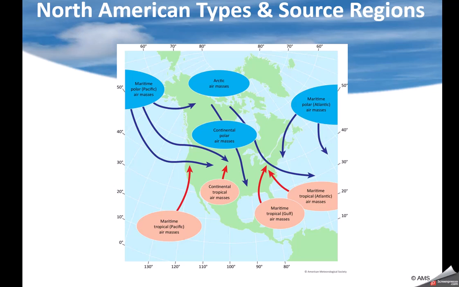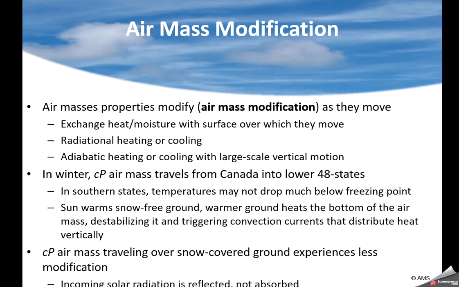They'll bring in a deck of fog with them, low clouds, temperatures maybe well below normal, but it just feels miserable. We talked a little bit about Arctic air masses that form up over the Arctic region, over Siberia. When they come in, it's typically a very cold, very dry air mass. So all of these air masses get their properties from where they form.